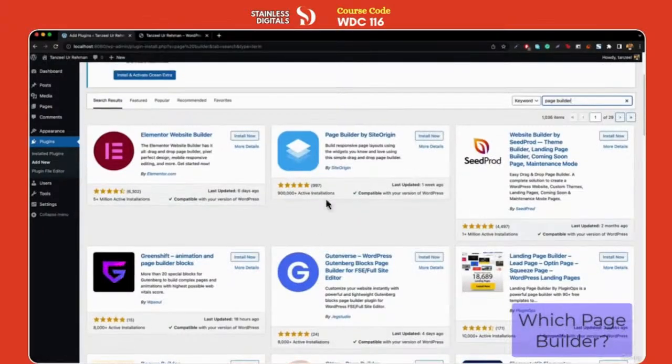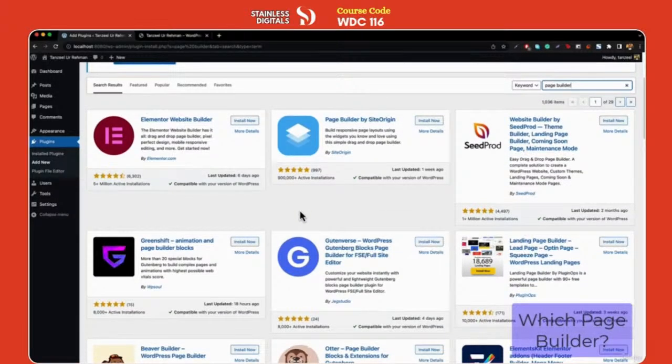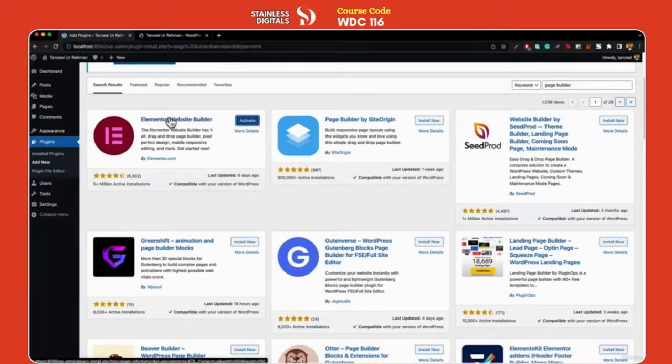Now you can see that we've got so many page builders over here. So which page builder should we actually go with? And the answer is really simple. You need to go with a page builder that has got the most installations and the most reviews. And we've got this Elementor, which has 5+ million active installations. So we can go ahead and use this page builder. So let's just go ahead and install it now. And you can see that this is going to be installed on our website. So now once we